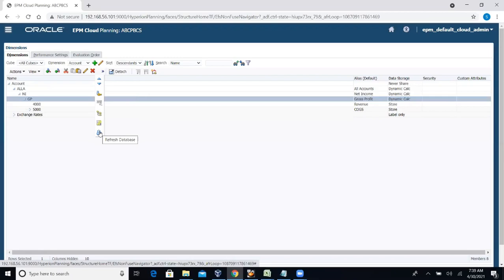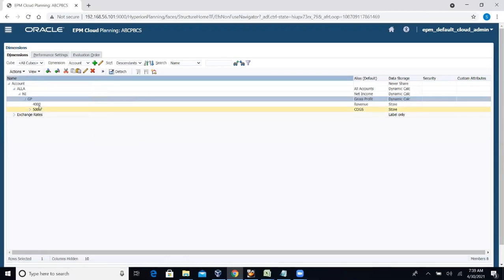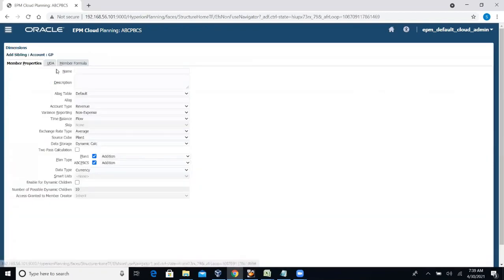If you add any member in the PBCS application, we need to do a database refresh, or else it will not be stored in the backend. First, I will show you how to add one member manually, and then using SmartView, we can load the remaining members. Okay. And I am adding the sibling to this member.